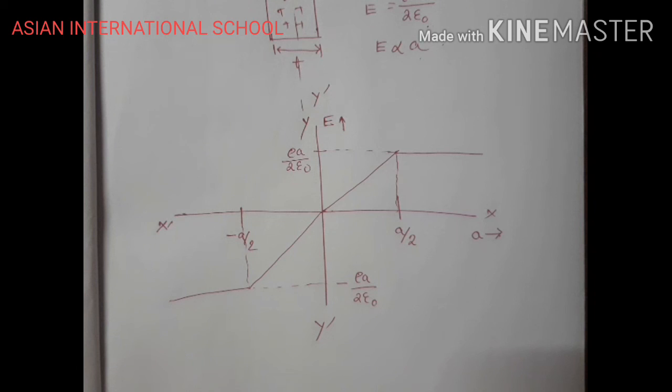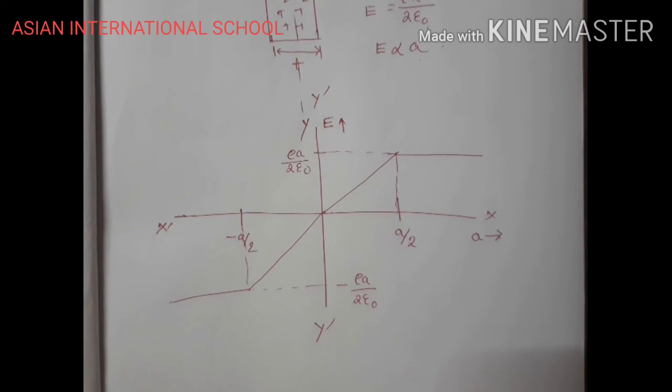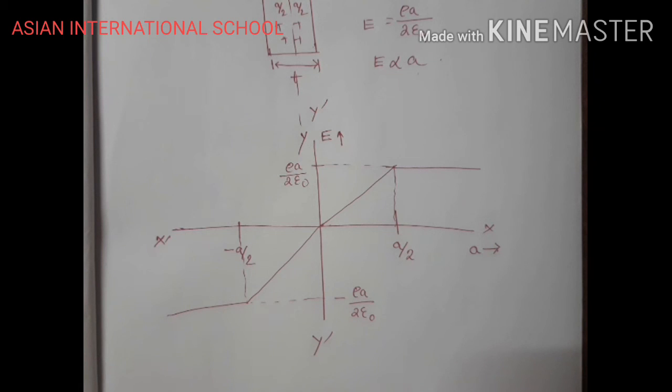So for a conductor and for a non-conductor, you have to calculate electric field with the help of your Gaussian surface for a sphere as well as for a cylinder. The next video will be an extension of this video, where I will be showing you the case for a sphere. We will be doing it for a conducting sphere and for a non-conducting sphere. The same is applicable for a cylinder as well. So you will try on your own the case of a cylinder.